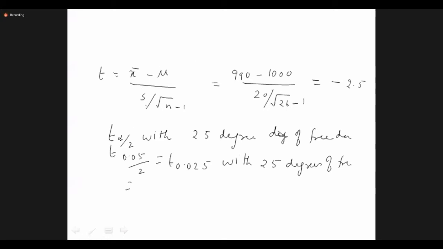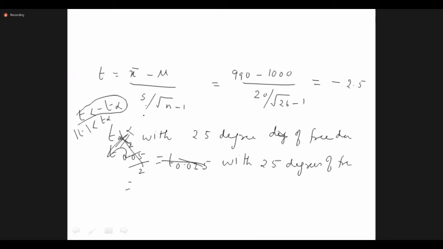It is a left tail test. Sorry, left tail test means T alpha only I can take. Left tail test means T less than minus T alpha. Or, if a different teacher has taught it differently, mod T less than T alpha, you can also take any one of these. I am teaching this only: T less than minus T alpha.